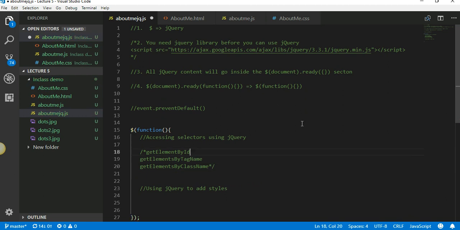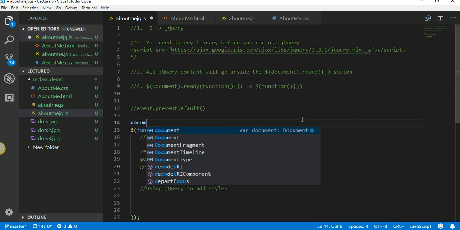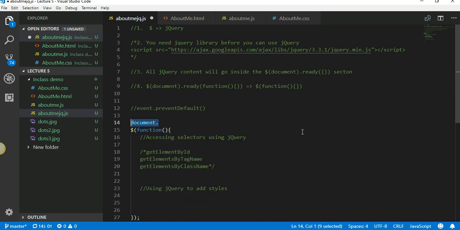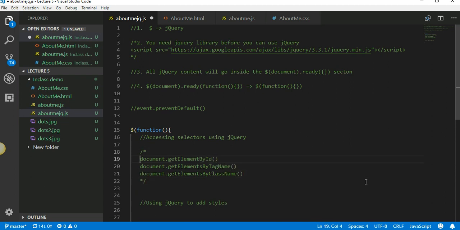When we work with DOM, we always say document dot. So these are the three selectors we saw, and these helped us to access an element or a group of elements from the HTML using JavaScript, right? So you all remember this. So let us see, instead of using JavaScript, if we use jQuery, how that would look. Instead of this guy,